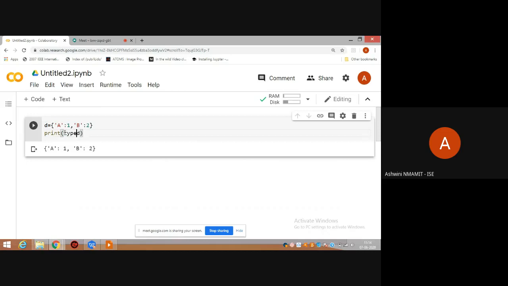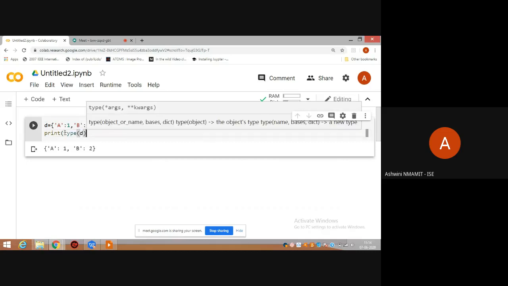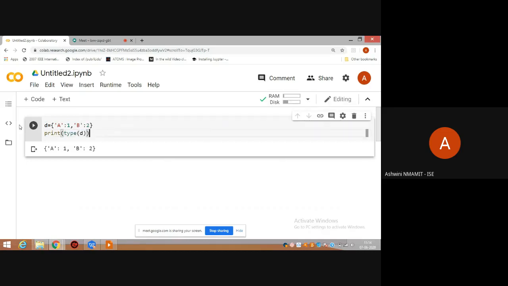You see, I just give type of D and that would show me that it's a dictionary, class dictionary. Okay. So by this, it is easy when compared to the list. So now I would know that the student with the name A, his USN number is 1.